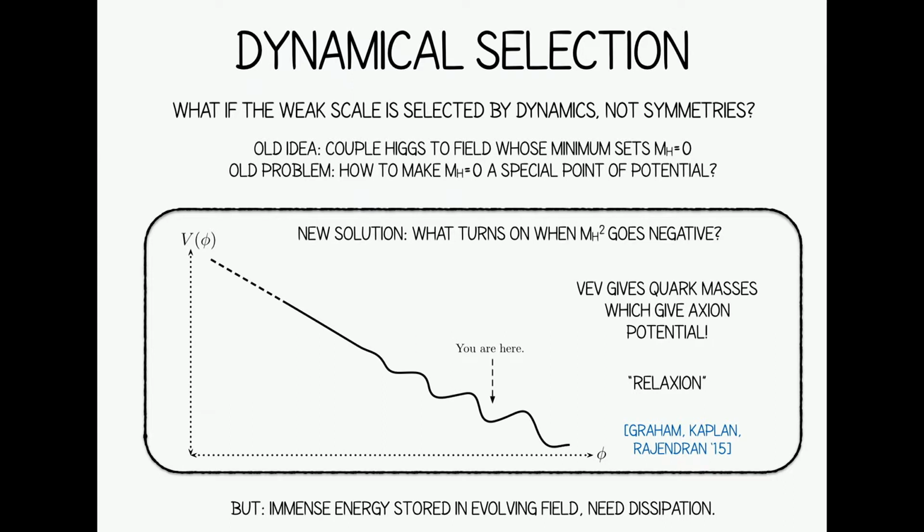But when the Higgs gets a vacuum expectation value, that then, through the QCD interactions of this axion, turns on bumps that show up in the potential. Okay, so that's how you make the Higgs mass being 0 a special point in the potential of this field. You use some extra mechanism, in this case related to the contribution of quark masses to the potential for an axion. Okay, so then bumps turn on, and then if you can imagine having a reason why you stop when